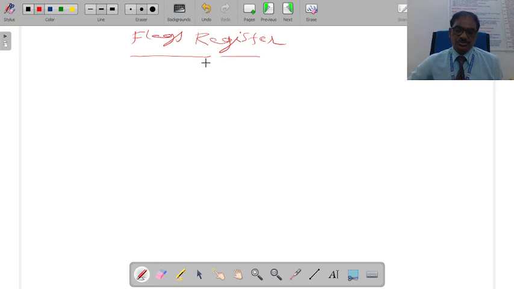The flag register will store the flags. Total 9 flags are there in 8086, and all these flags are classified into two groups: